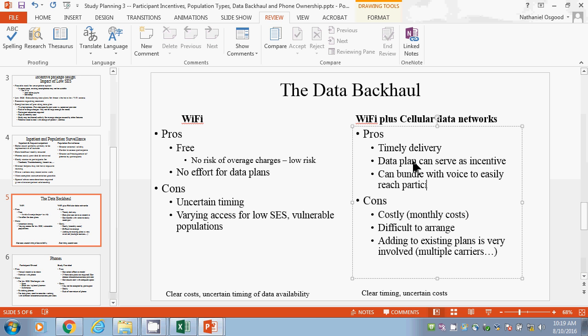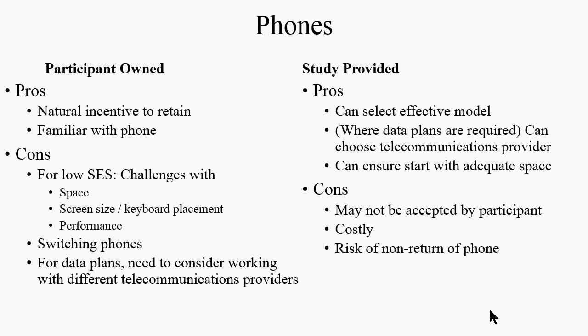Study-provided phones: you can select an effective model, effective in terms of size, form factor, the screen, dimension. You could buy a model where you have the buttons that Amin is illustrating, which need to have colors associated with them. Those can be lined up with a background image, which mirrors the purpose of the buttons. You use the background image to communicate the purpose of the buttons with color.